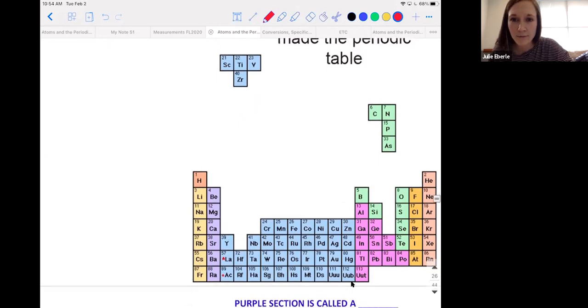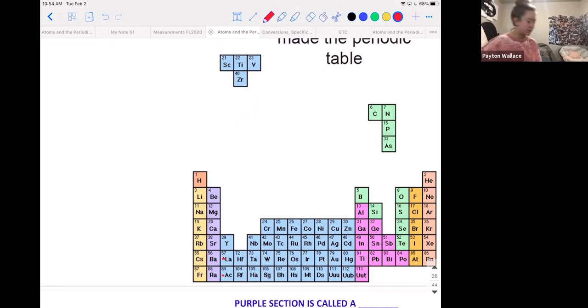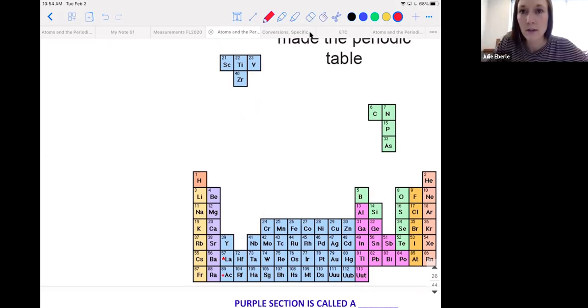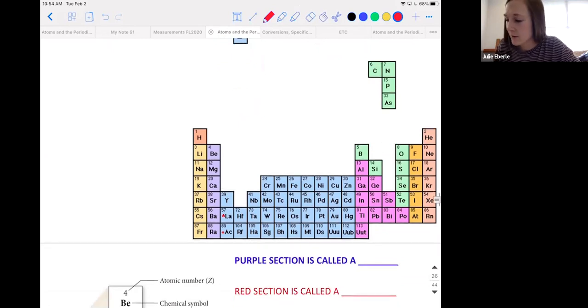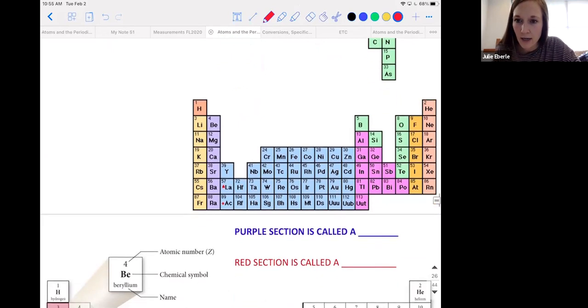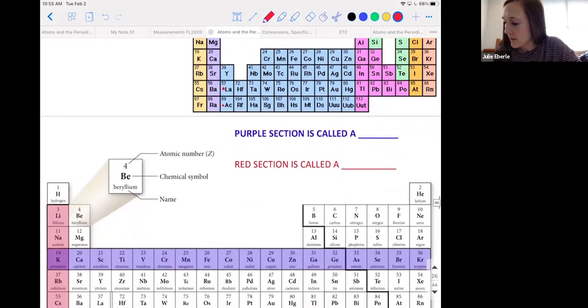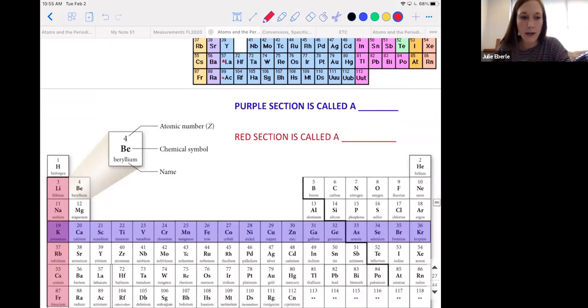Anybody played Tetris before? Tetris is such a good game. I hope Tetris isn't dead. Yes, it is. We got my grandmother a Game Boy one year for Christmas, and the only game we got her was Tetris. That woman played Tetris. Her screen time was probably completely unethical, but she had really good records, so I can never beat her. This is obviously not how they made the periodic table, but it would be cool if it did come together that way. Okay. Sorry, I'm getting a question in the chat.